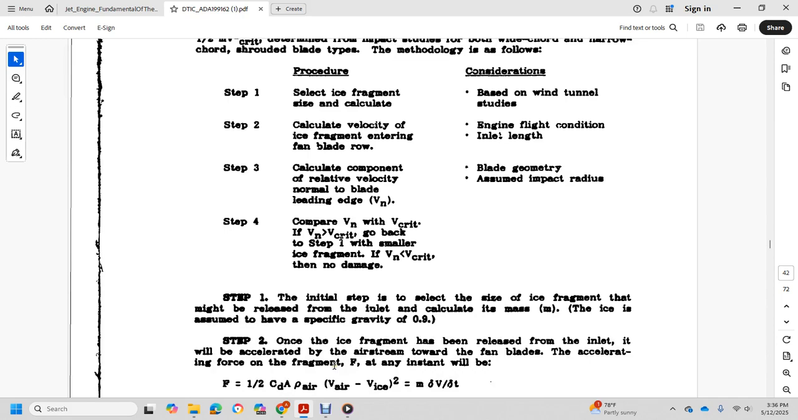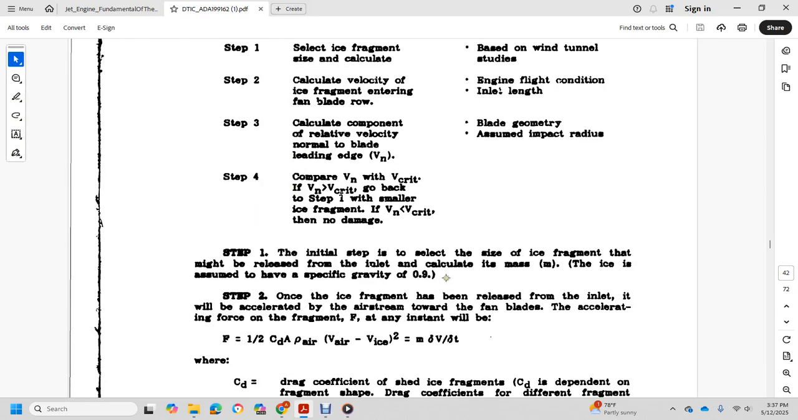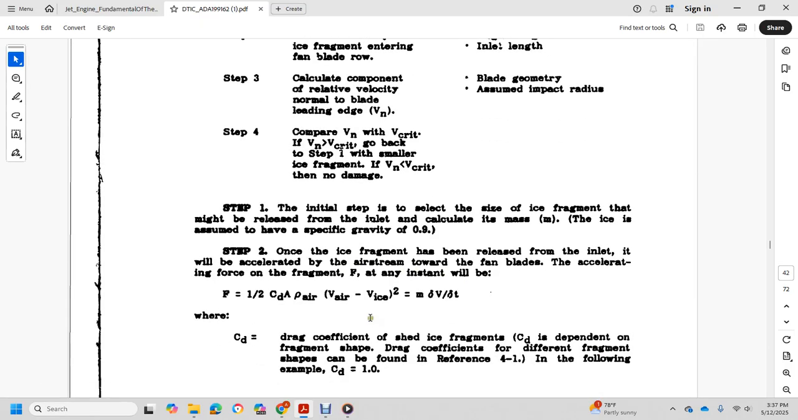Step 1, the initial step is to select the size of the ice fragment shed from the inlet and calculate the mass. The ice is assumed to have a specific gravity of 0.9. Step 2, once the ice fragment has been released from the inlet, it will be accelerated by the airstream. Before reaching the fan blades, the acceleration force on the fragment at any instant will be